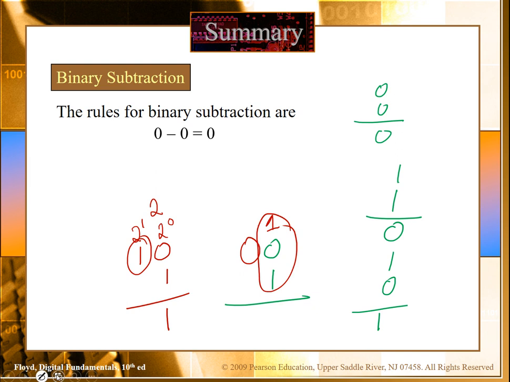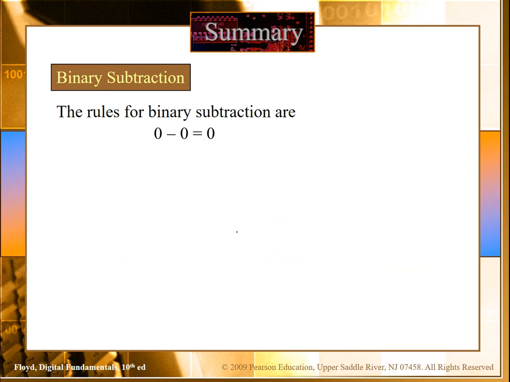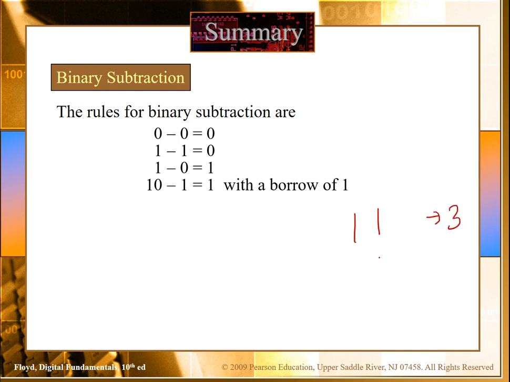So this is a critical rule. It will become clearer if we solve an example. These are the rules. Let's try to solve this example, 1 1. 1 1 we know in decimal is 3. 0 1 in decimal we know is 1. So we want to subtract this one, so 3 minus 1 we know is 2. So 1 minus 1, the answer will be 0. 1 minus 0, the answer will be 1. So 1 0 in binary form is actually 2 in decimal form.